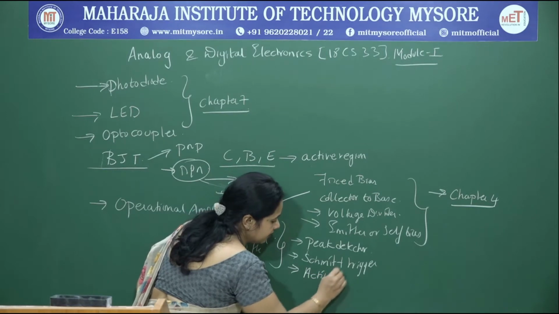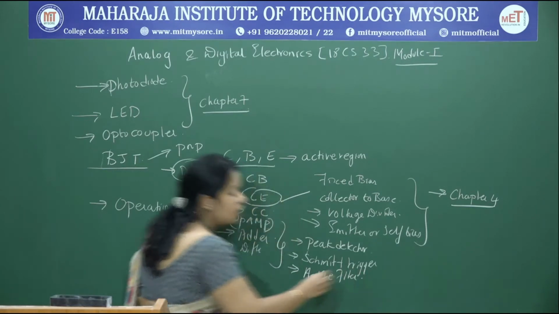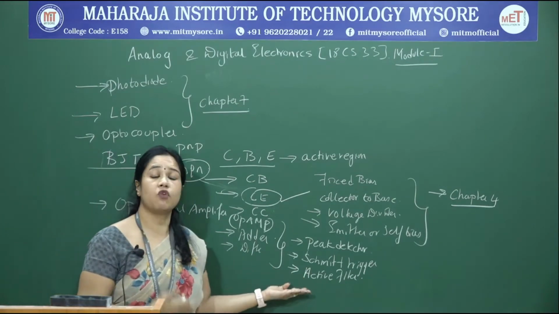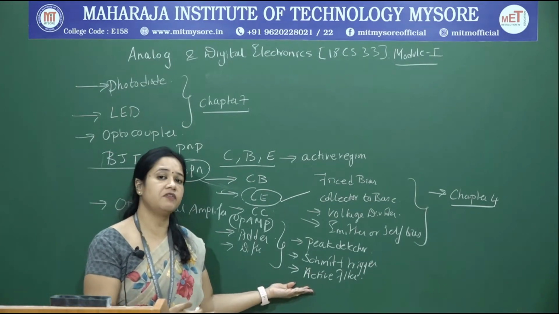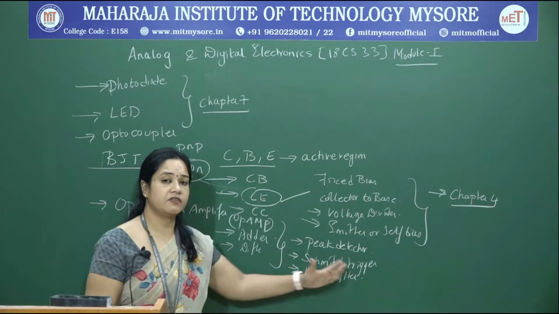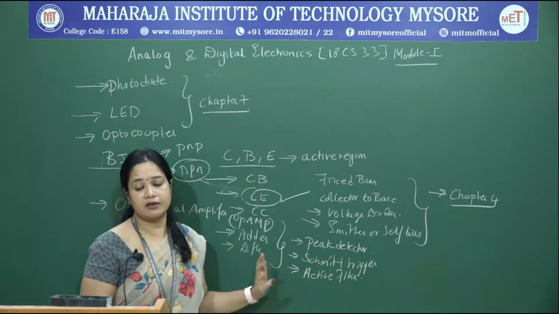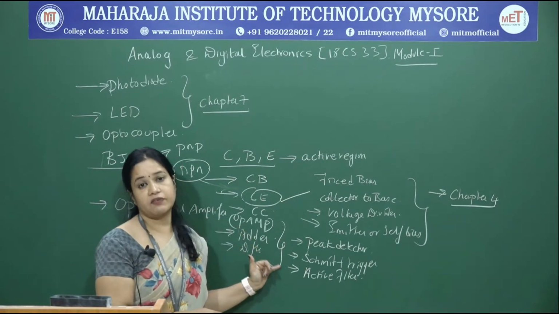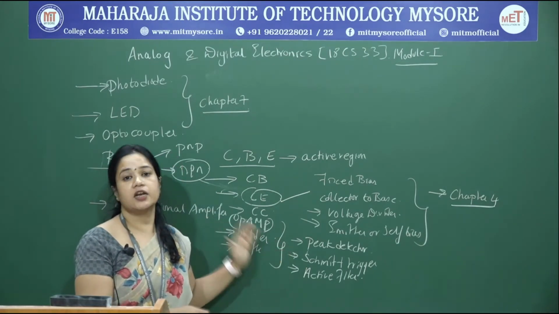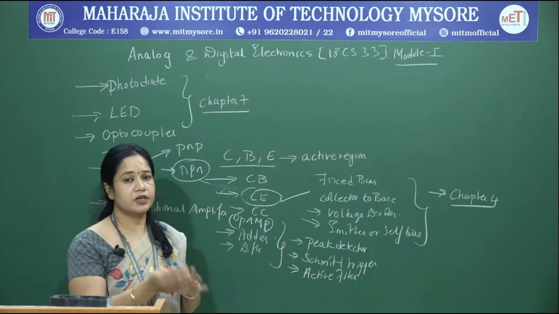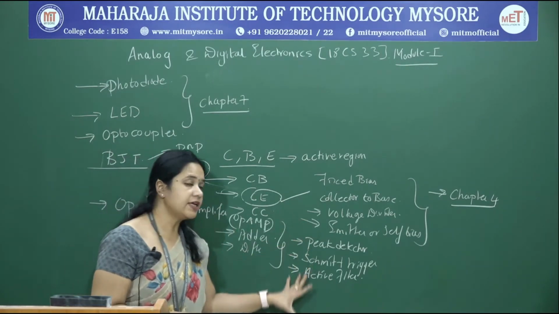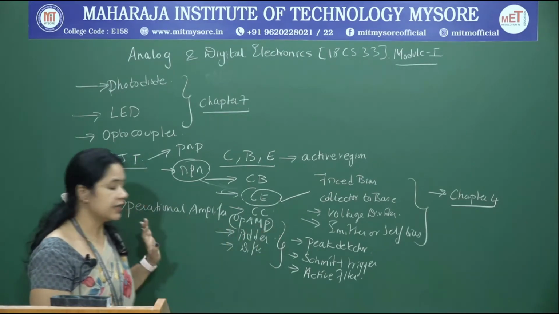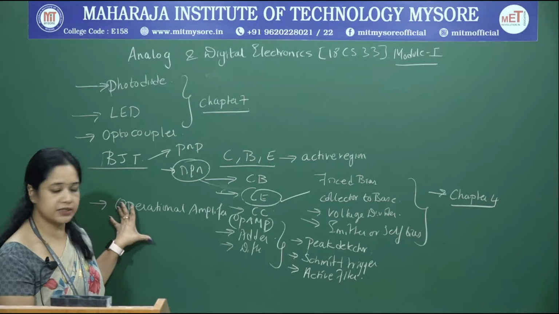What is a filter? Basically, a filter is a circuit which allows some signals to be passed and blocks some signals. Based on what it is passing and what it is stopping, we have different types. We have a low pass filter, a high pass filter, a band pass filter, and so on. And apart from this, we have a non-linear amplifier, relaxation oscillator, voltage to current converter, current to voltage converter. All these advanced applications of your op-amp we will be studying as the next topic.